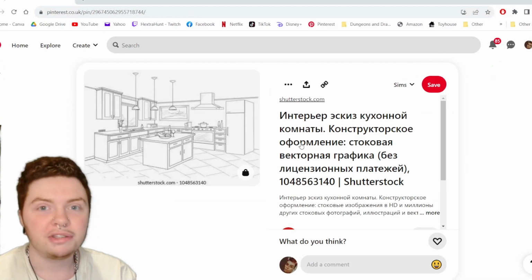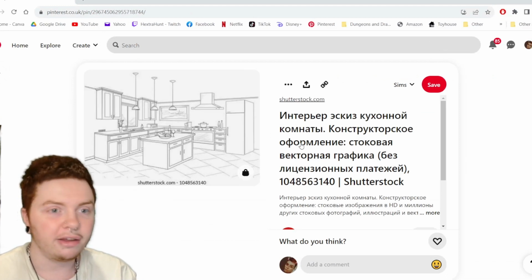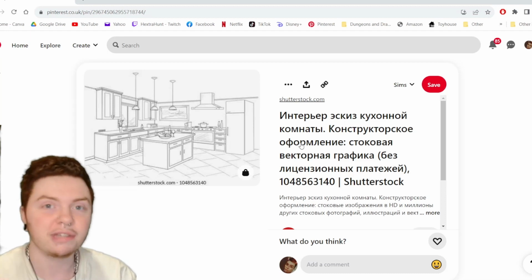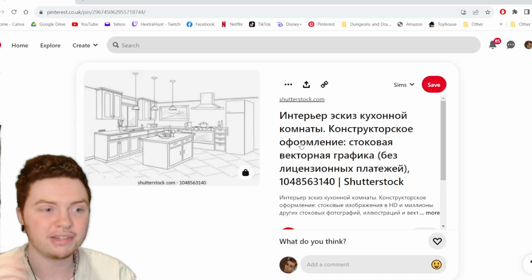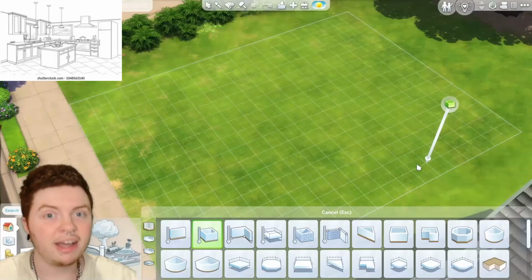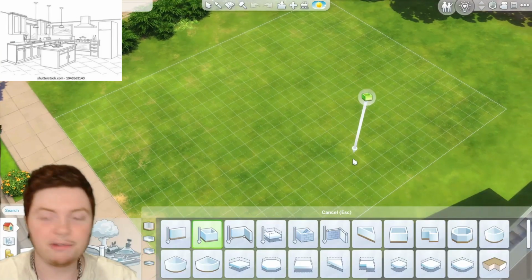So what I'm then going to do is bring that up either in the background so that I can go back into my browser to view it, or what I'm actually going to do is just put it on my iPad so that it's right next to me so I can look back at it when I'm actually making the room. Okay, so now we are back in the game, and I've got my reference to the side of me